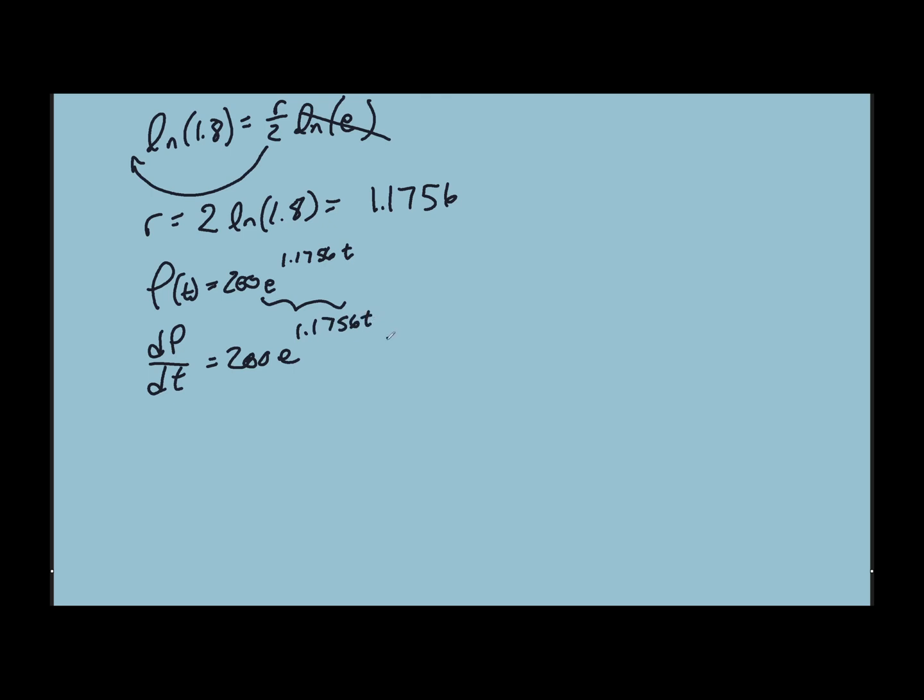1.1756 t times the derivative of the inside, another 1.1756. That's our dP dt. Well, if I take that, and I know that this already is, what was it, 22,060 times this, we don't even need to recalculate with the 4 and such because we have it from last problem. So it would be growing at a rate of